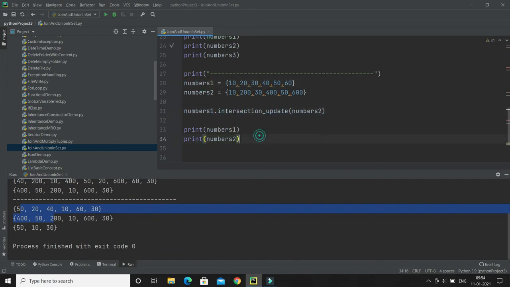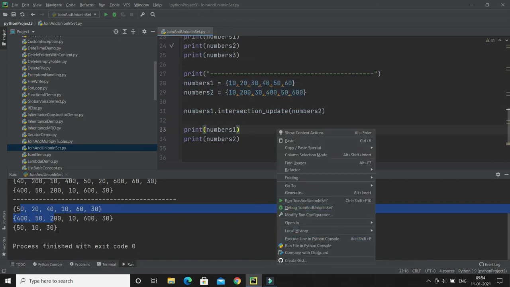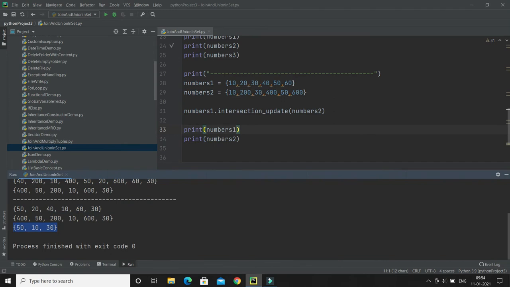I hope you understood. So when you say numbers 1 intersection update numbers 2, it means the first set will be updated with the result of the intersection of these two sets, that I'm trying to say, right? So ultimately we'll get this result, but it is going to be stored in the first set, and the second set will be unchanged. Let me show you.